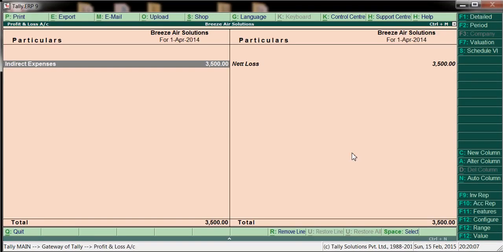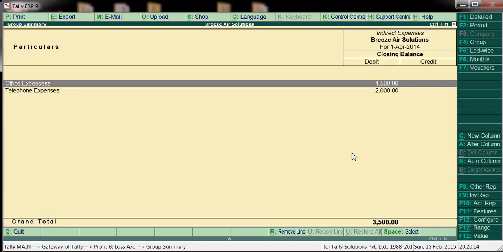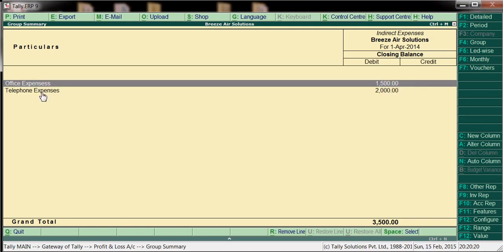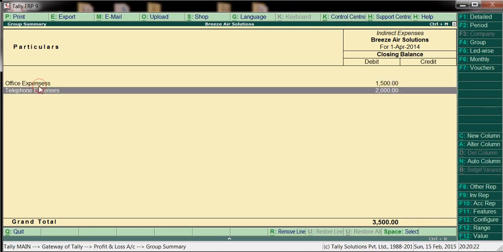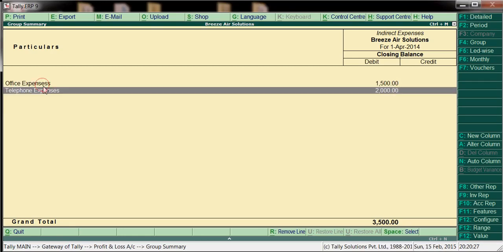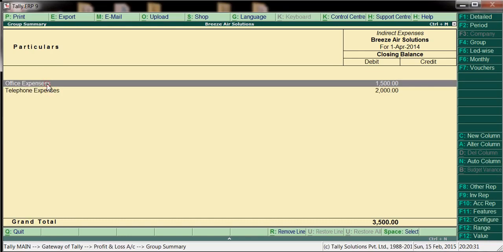See, both ledgers we created are under indirect expenses. If we press enter here, we can see telephone and office expenses, so we'll get the complete breakup. Based on the group we can see all the ledgers and their balances.